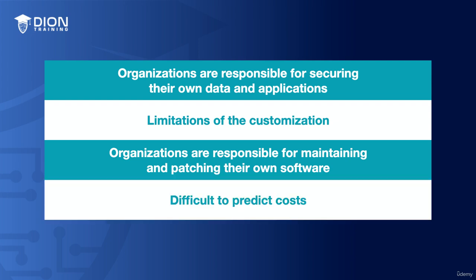Another potential drawback of infrastructure as a service is that it becomes really difficult to predict your costs. While organizations can pay for resources on this pay-as-you-go basis, they may not be aware of all the costs associated with using a particular piece of infrastructure as a service. For example, the organization may need to pay for additional services such as load balancing or data backup or log storage or things like that, and that all adds up to the overall cost of using infrastructure as a service.